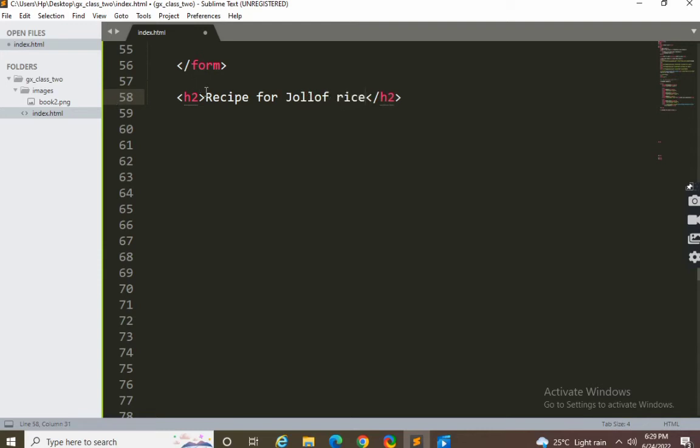Recipe for jollof rice. With the list element, you can just list all the items in the recipe. To write a list element, we have two types: the ordered list element and the unordered list element. To write the ordered list element, you just use